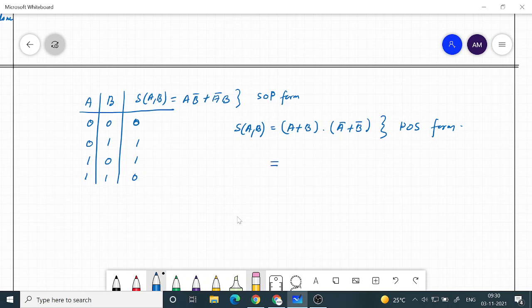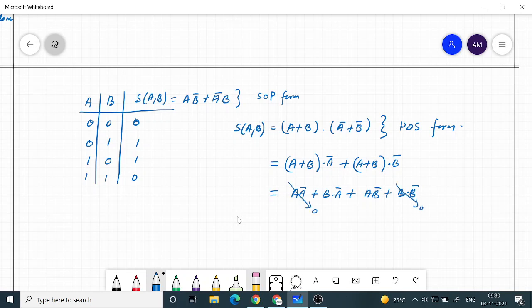Now you can show that they are the same thing. You can distribute and show A plus B dot A bar plus A plus B dot B bar. Then you have A A bar plus B A bar plus A B bar plus B B bar, and you know that these are 0.